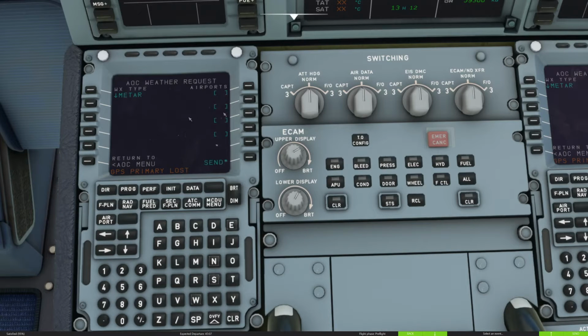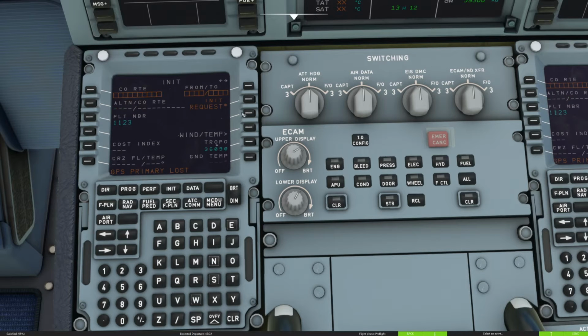First thing we'll do is a weather request. Oh, actually, the first thing we'll do is get our flight plan in. There we go. Tropo is